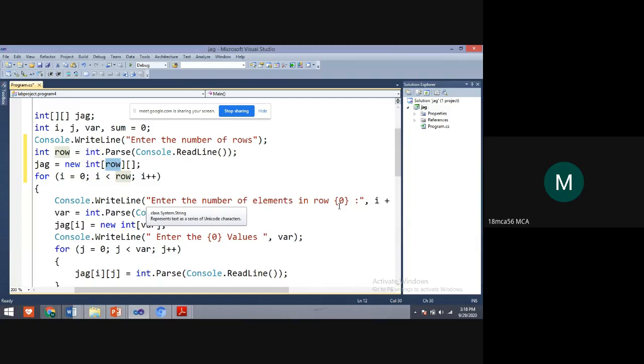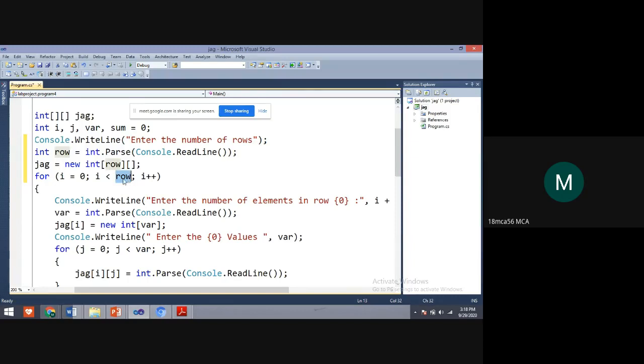Is it correct? Understanding, students? So for each row, whatever value we take will be assigned in the variable var. Next, see, the outer loop is the row value.